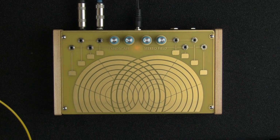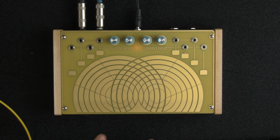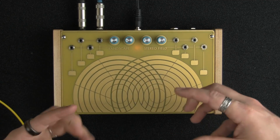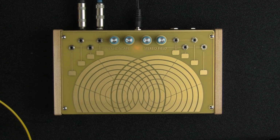Where are those sounds coming from? Well, it's a giant open circuit. It's actually 2 open circuits. And when you touch the touch plates, you are making connections between different parts of the circuit. And in doing so, you are generating different outcomes because of where these metal touch plates come into contact with the circuit. So basically, you are doing a weird modular thing where you're connecting different points of the circuit with your fingers,